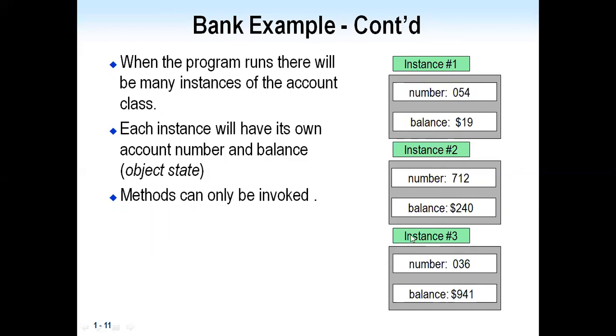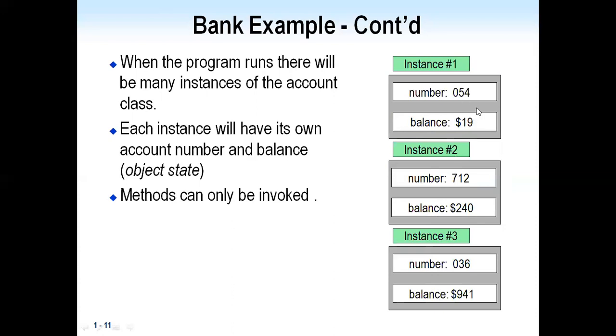The three objects are created as instances of a class, where account is the class. By creating instances of the class, each object has its own properties. The first instance has its own properties, the second instance has its own properties, and the third instance has its own properties.